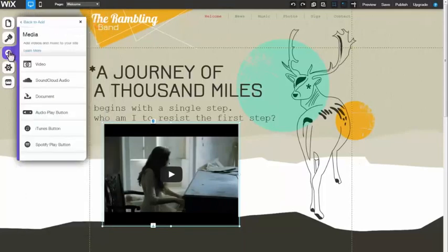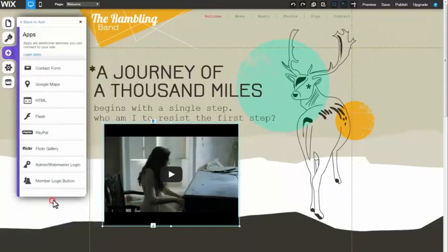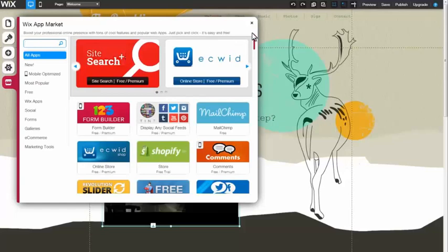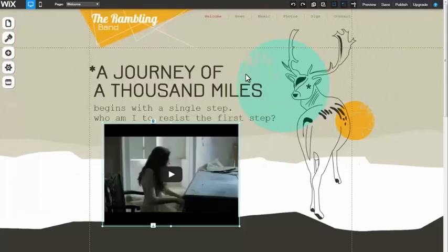To upload a video with a different video player, try adding our HTML app, or explore our video apps in the app market. You can learn more about this or any of our other features